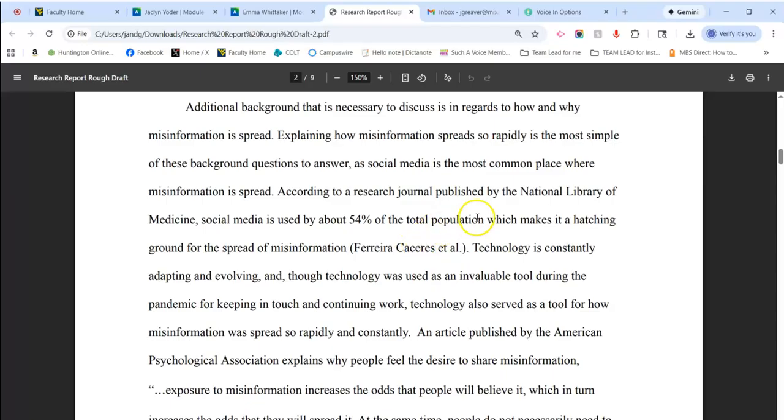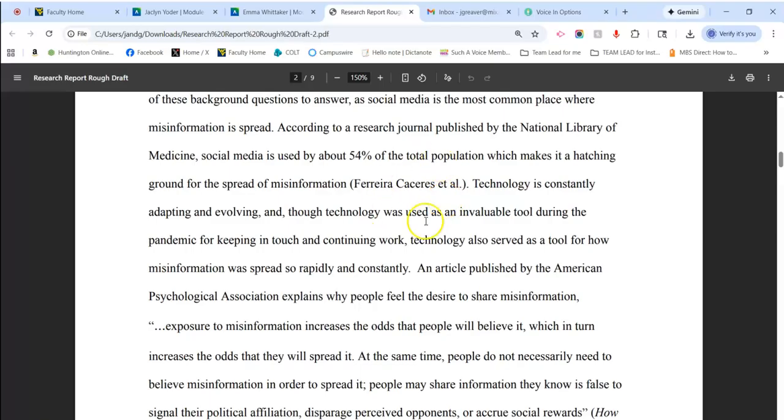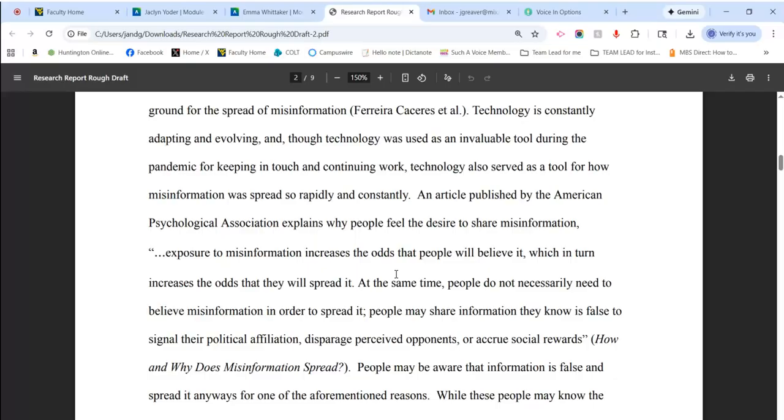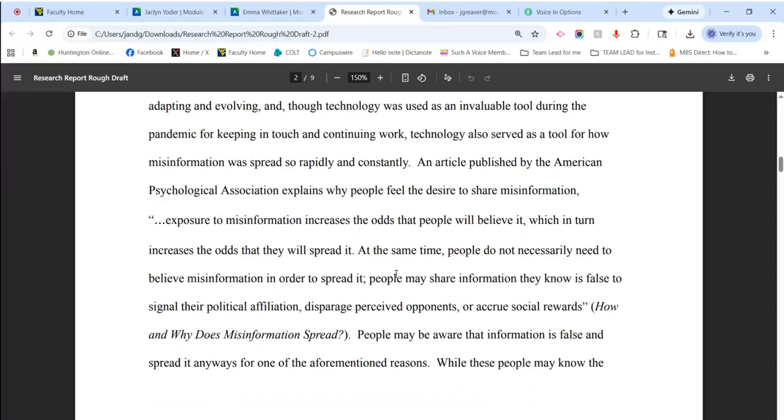Or maybe say that they write for the National Library of Medicine or whatever, right? So introduce it by the author rather than saying something like this by the publisher. But you can include the publisher as where that person writes for. Then if you include her name in this signal phrase, all you would need in here would be the page number or paragraph number. Okay, so just remember that for all of your citations here. Always try to go by the author's name when you have an author.